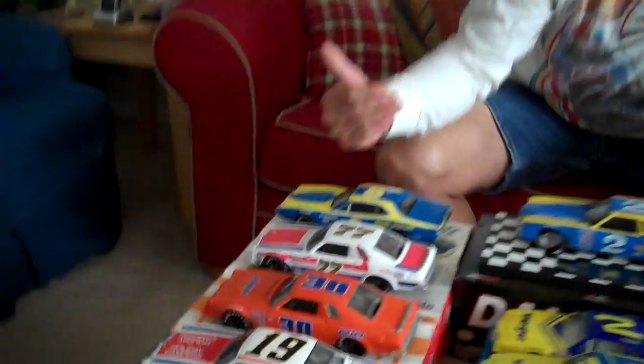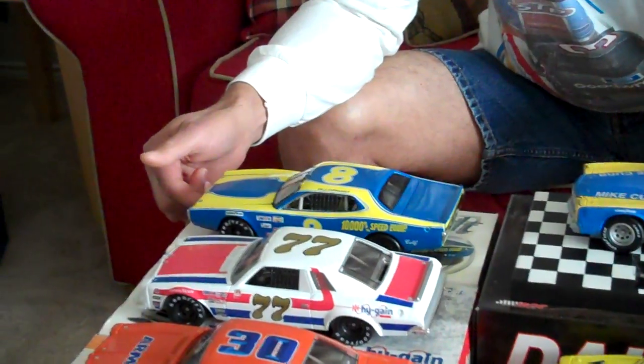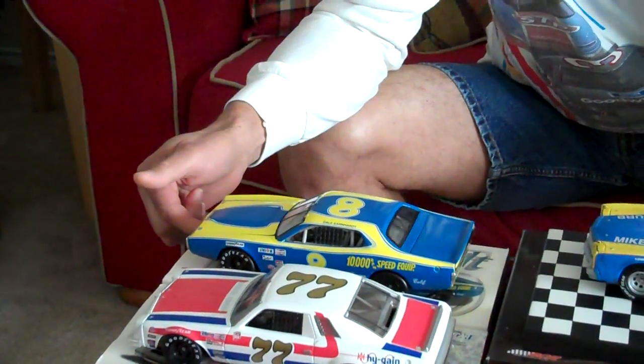Today I want to talk a little bit about Dale Earnhardt, the man in black, the Intimidator, perhaps the greatest icon NASCAR has ever seen. We're going to talk a little bit about the cars he drove throughout his career. Starting over here is this 1975 Dodge Charger that he drove in his first ever super speedway race at Charlotte